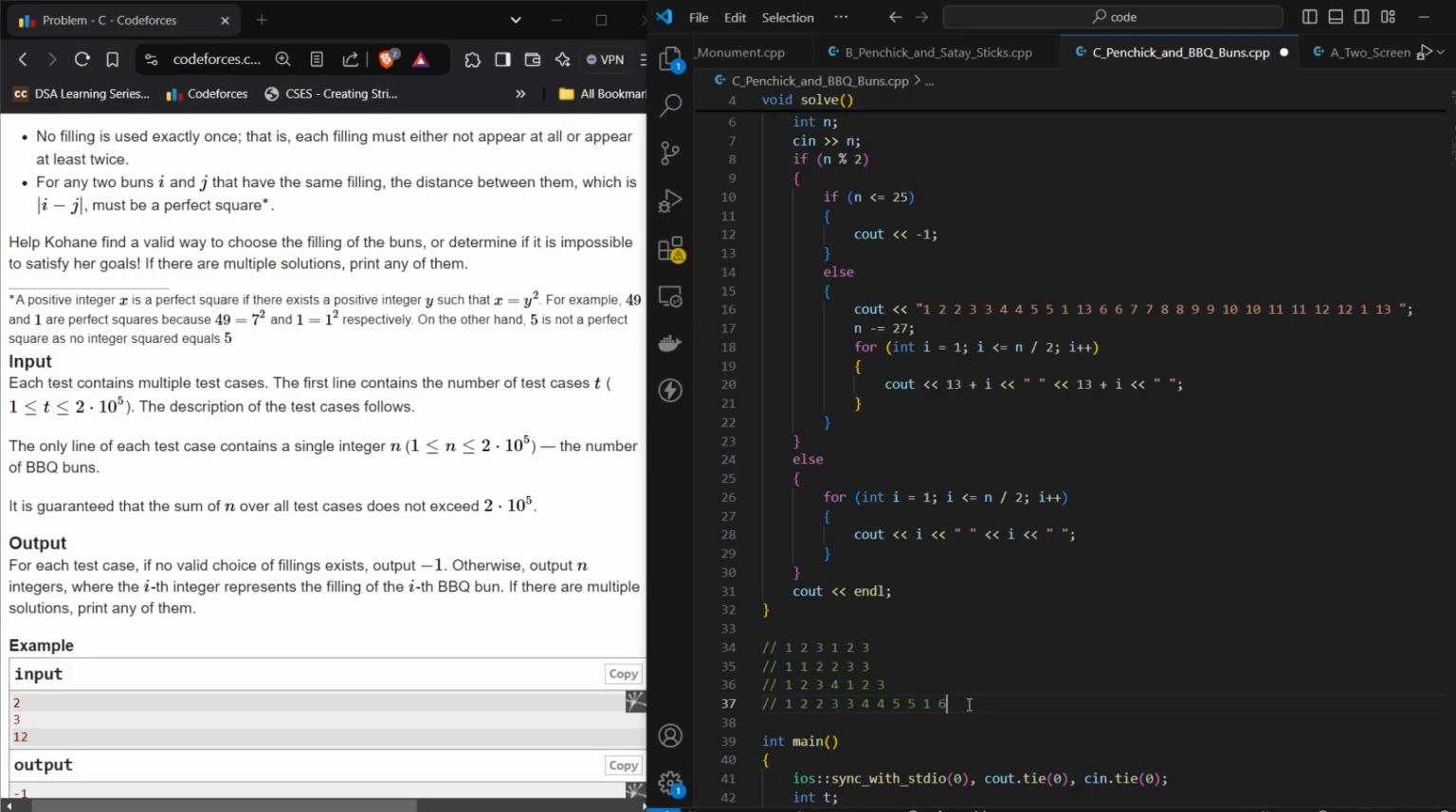Next, 6 6 7 7 8 8 9 9, then 1 2 3 4 5 6 7 8 9. So this gives me 1 2 3 4 5 6 7 8 9 10 11 12 13 14 15 16. Now my 16 is solved, but